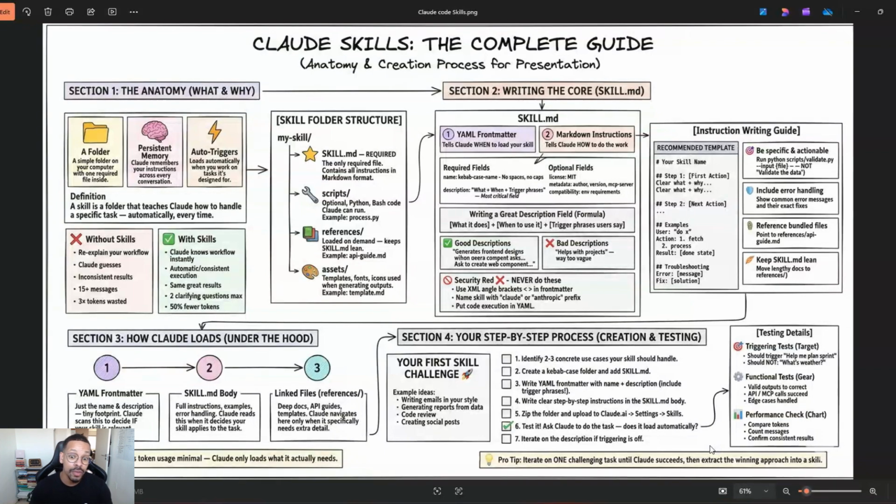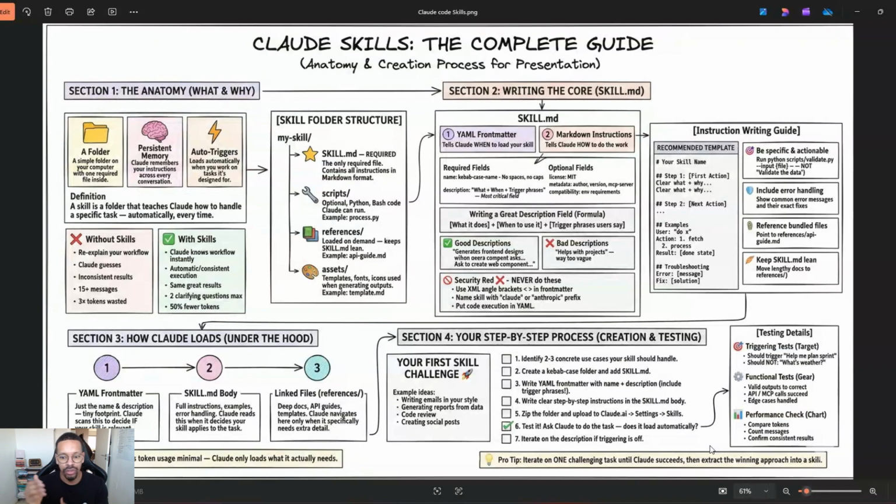Hey guys, in this video we'll look at what Claude skills are and how to create a simple skill in Claude. So what a Claude skill actually is, is just a folder, and this folder can handle a specific task. Let's say you have a task that you do every day. If you have a daily research that checks the trends